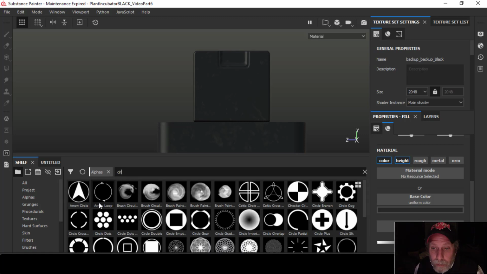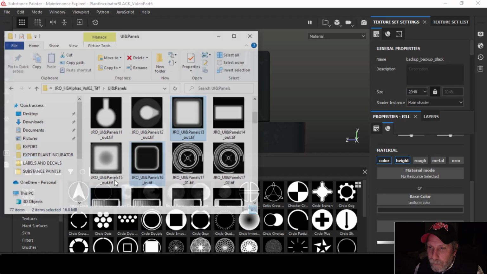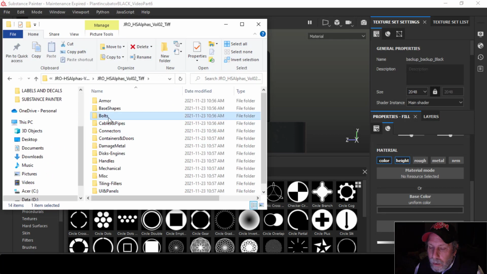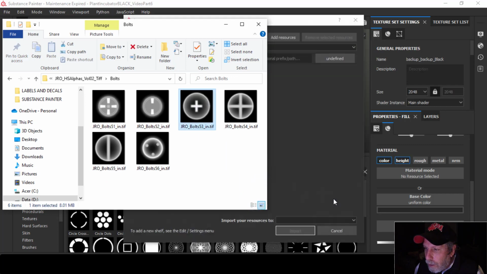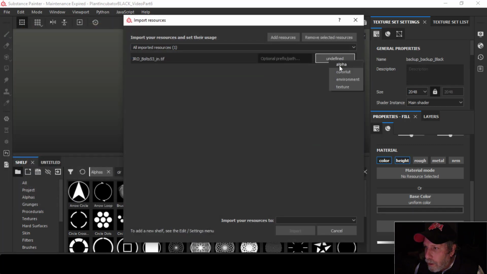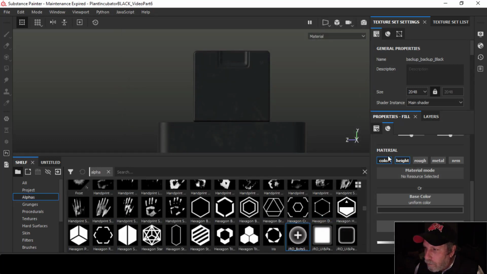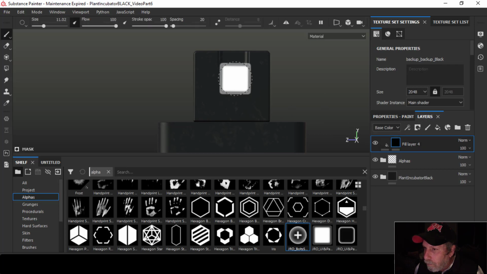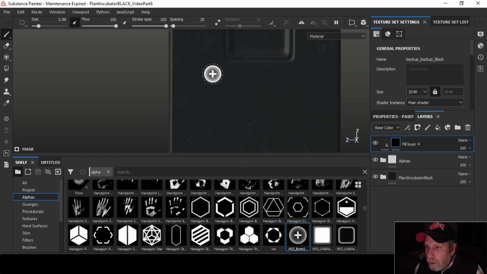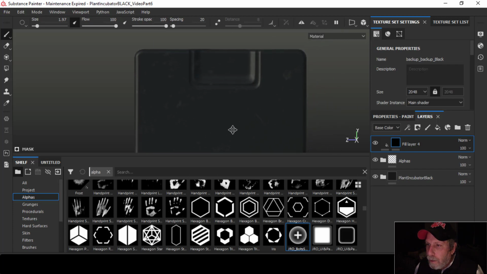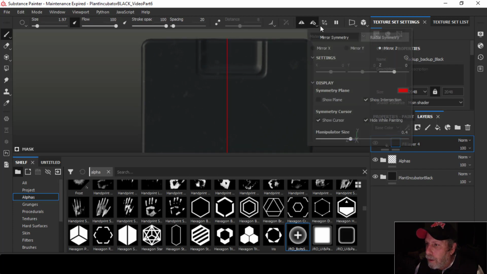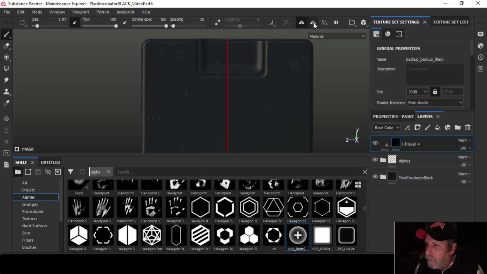So I'm going to bring in another alpha that I bought. This one here, I'm going to pull that in. I think that's going to be all that I need. So there it is. See what this looks like here. Yeah, that's what I want. Okay, and what I'll do is I'll activate symmetry. I'm in the Z there, and I'm going to put these on